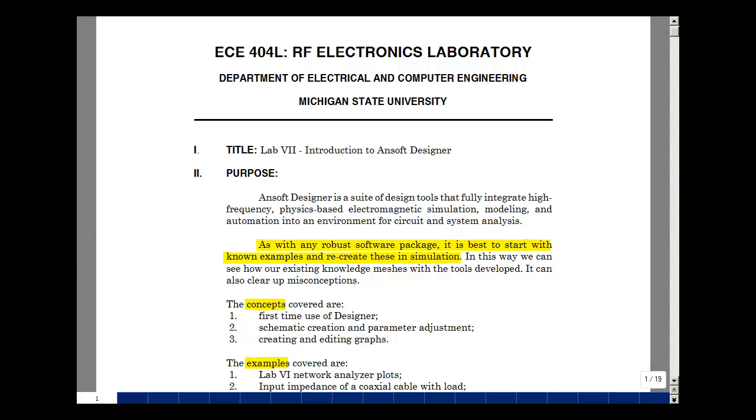Lab 7 deals with an introduction to the software package called Ansoft Designer. Ansoft Designer is a suite of design tools that fully integrate high-frequency, physics-based electromagnetic simulation, modeling, and automation in an environment for circuit and system analysis. In the lab, we're going to be using the student version of Ansoft Designer, which is free and is available